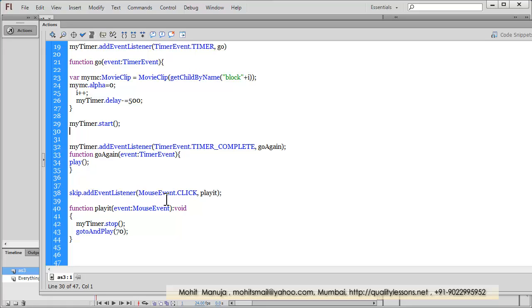So I've added an event listener to the button skip, which reads like this: skip.addEventListener. I am looking for a mouse event specifically of the type click. So when somebody clicks on the button, I would want a function called play to be executed, and all this function play does is it stops the timer, no matter where the timer is, whether the current count is 1, whether it's in the second cycle, or whether the current count is 3. We know that it just has 3 current counts,